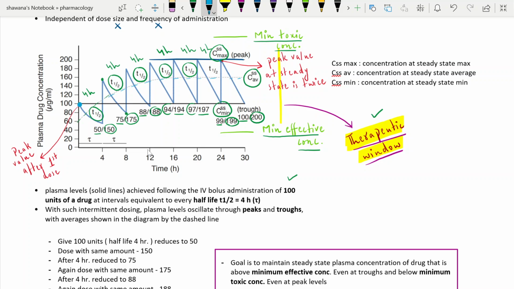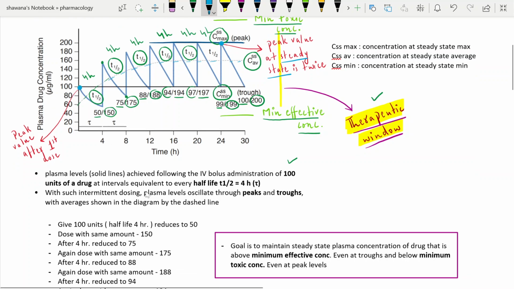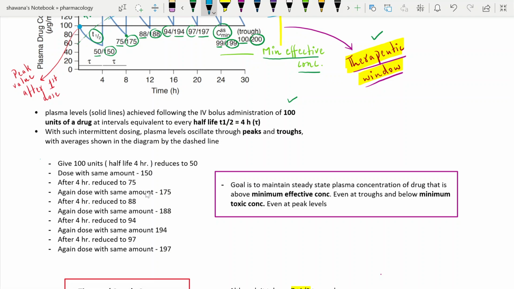And the peak after the steady state, what is it? It is 200, okay? And it is twice the peak value after the first dose. This is the double amount of the drug that we achieve at the steady state, twice the amount we administered the first time. So this is the same as here: we have given 100 and after one half-life it reduced to 50